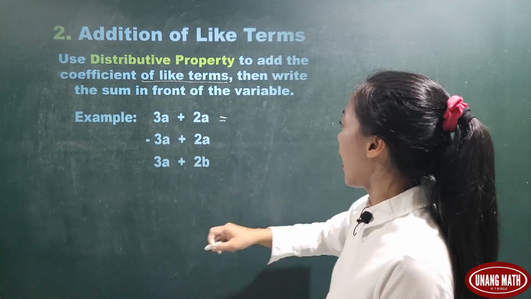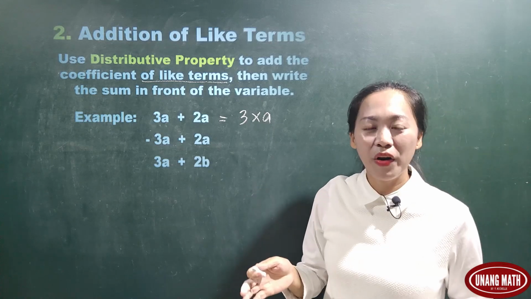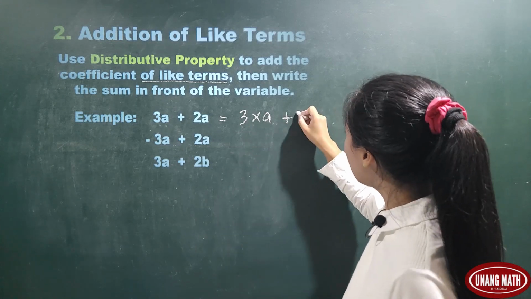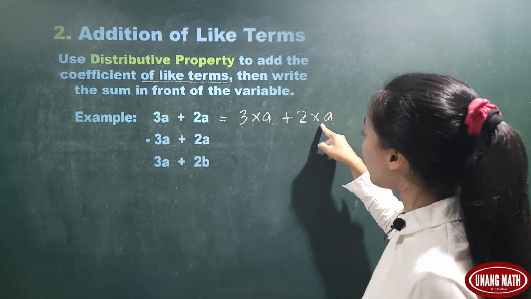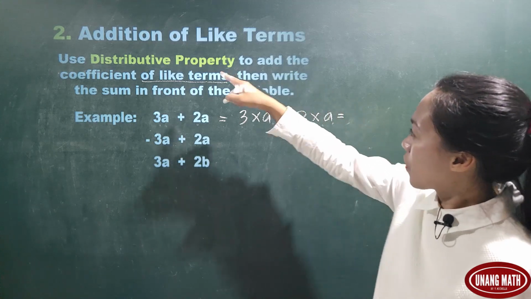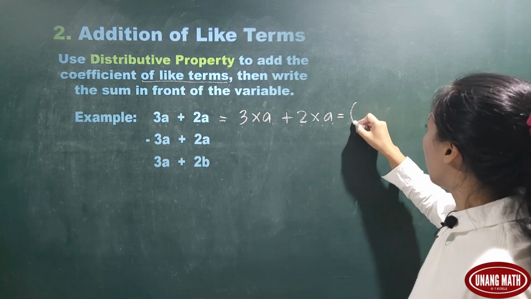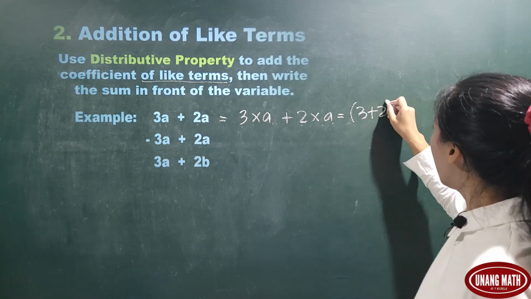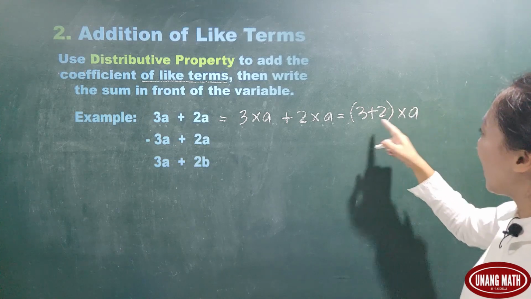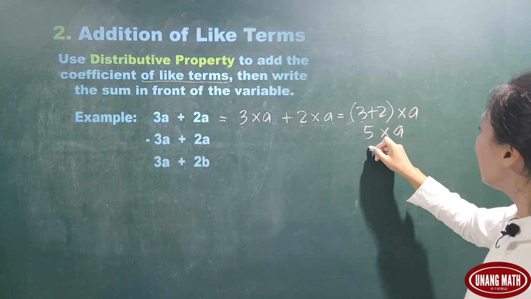Okay, 3a is 3 times a. So we restore the multiplication symbol. So 3 times a plus 2 times a. 2 times a is 2a. Okay, let's use the distributive property to add the coefficient of like terms. So 3 plus 2 inside the parenthesis, and this is multiplied by a. 3 plus 2 is 5. So 5 times a, this is equal to